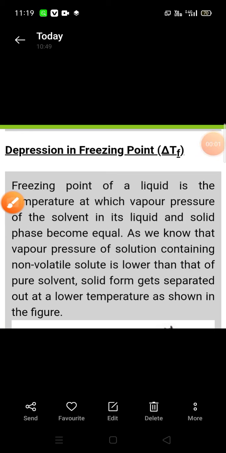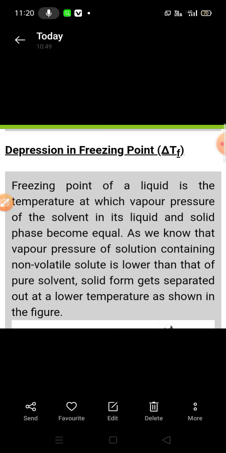Good morning, students. We are going to start the new topic, depression in freezing point, denoted by ΔTf. We know that at the freezing point of a solvent, the solid and the liquid are in equilibrium. This is only possible if they have the same vapor pressure. Thus, the freezing point is the temperature at which the solid and the liquid state of the substance have the